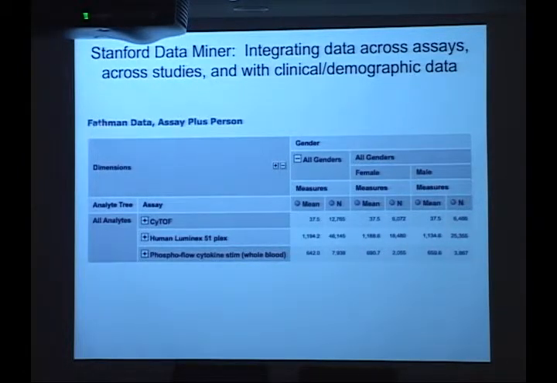So here is data from a particular study. It's actually this Fathman aging project that I showed the heat map on earlier. And it's a very high-level view in which we've segregated out the data by gender, and you can see the number of data points for each of 3 different assays. But this data is not very meaningful beyond a kind of event chart view. What you can do, though, is you can click on the plus sign here and then expand all of the individual analytes under any one of these assays, and then see the rolled up mean of the data for each